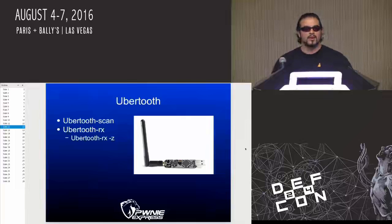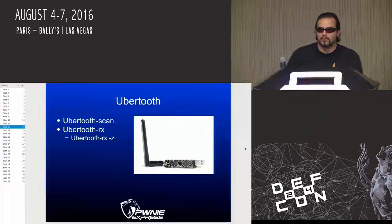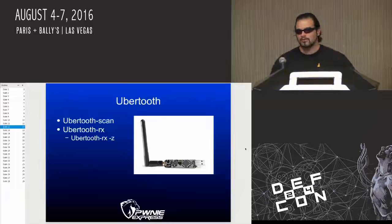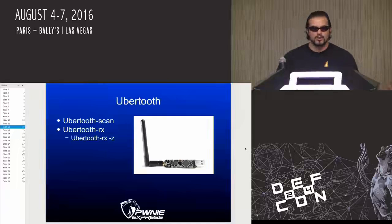It sniffs basic rate, which is kind of like to Bluetooth what 802.11b is to Wi-Fi. There are faster speeds, but somehow people always send stuff at slower speeds so you can see it. They can't sniff Bluetooth EDR, which is Bluetooth 2.0 enhanced data rate, with these, but that hasn't actually been much of a problem for us because everything kind of sends packets at a slower speed at some point fast enough that we feel happy. So Ubertooth Scan was the program we were using initially, and what it does is it